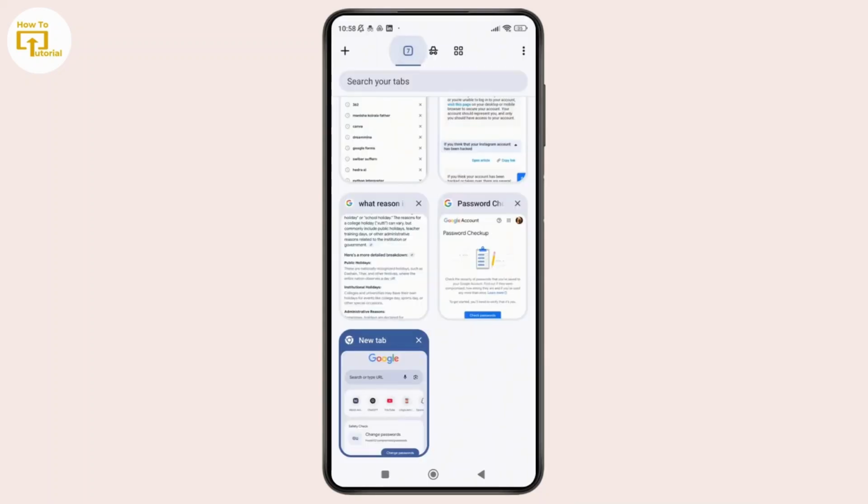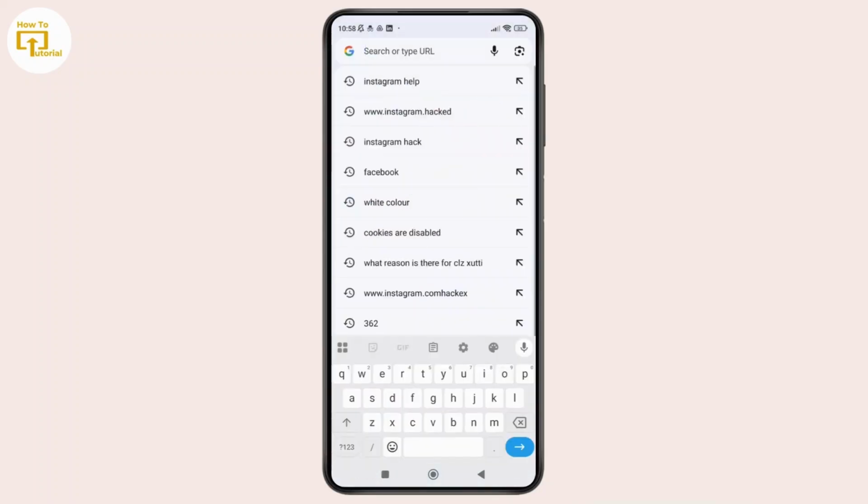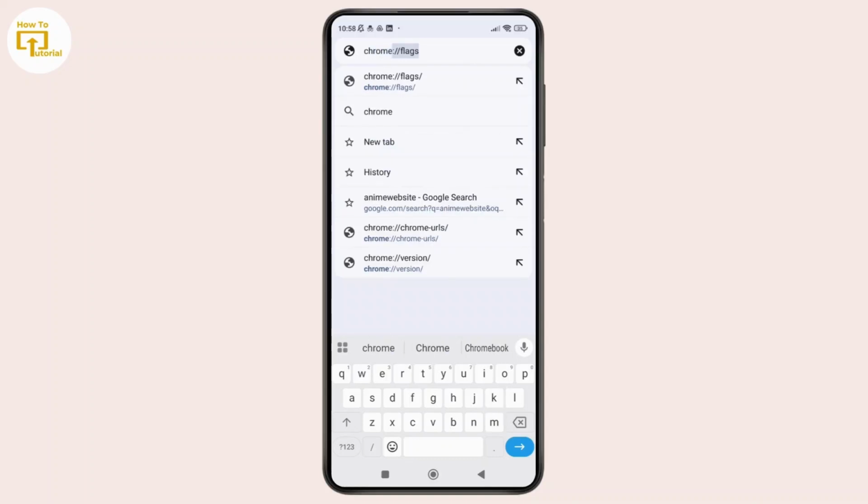As you can see, my screen recorder is not allowing me to screen record the incognito tab. So I'm going to simply show you the process on the normal tab, because the process is the same for both. Now, once you are on your tab, simply tap on the search bar and search chrome://net-internals